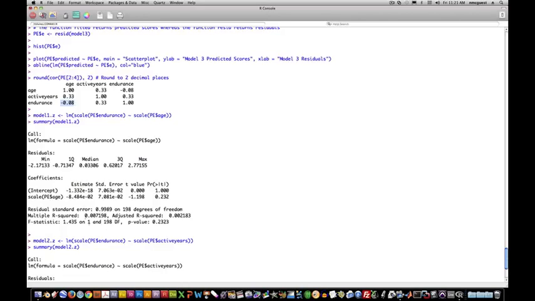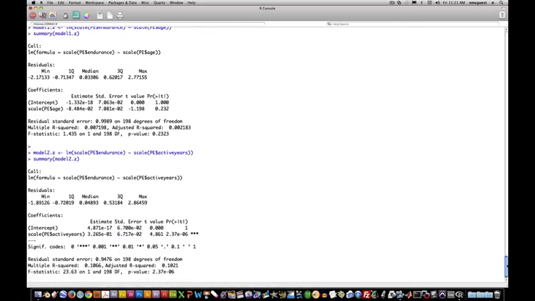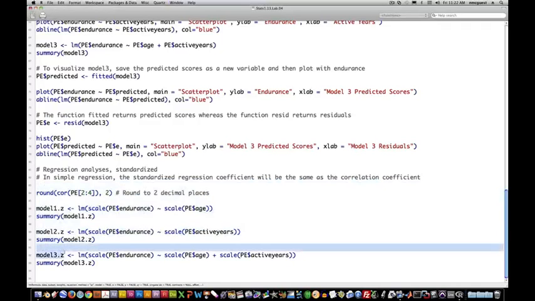Okay. And then if we go down and look at the coefficient for active years, it's 0.326 or 0.33. So it's exactly the same as the correlation coefficient when we get the standardized regression coefficient in a simple regression. Now, that's not going to be true when we go to multiple regression. Once we add in another predictor, remember those coefficients can change, and it changes a great deal. That's why I use this example. It's a nice one. Even with the standardized regression coefficients, they're not going to equal the correlation coefficients anymore. So if I run that,